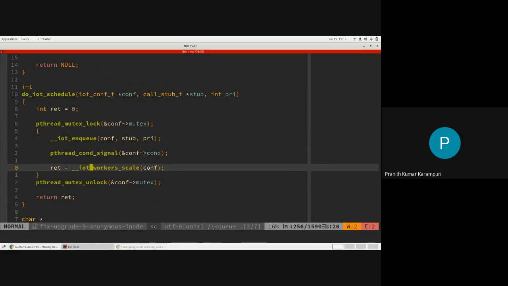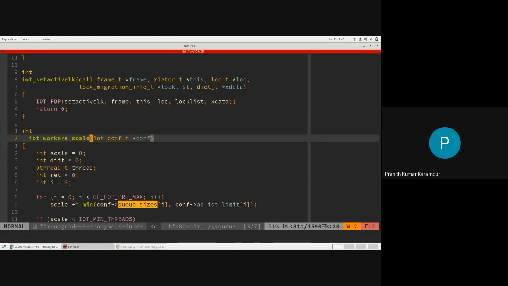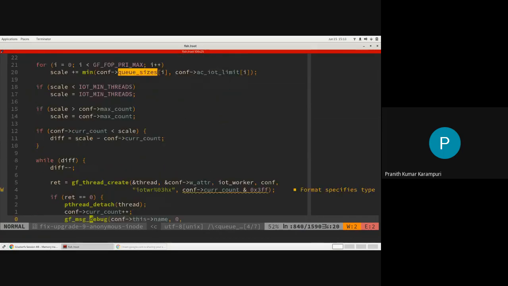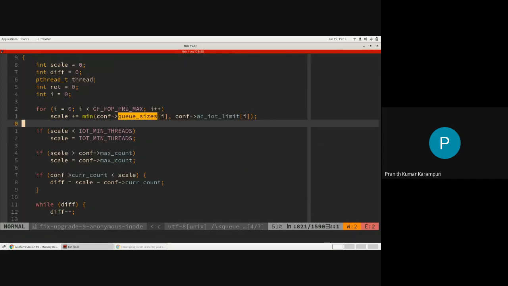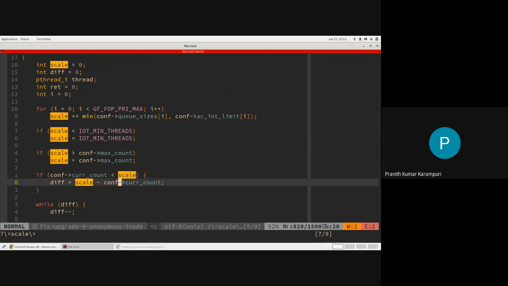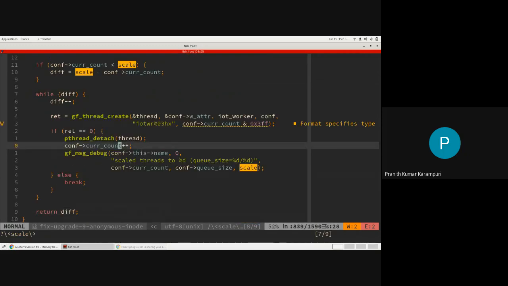Okay, now IOT scale is where it will see if the number of threads that are present can handle the number of requests that are present. So if you need to scale the number of threads, like if at the moment the current count is less than the scale that you need, you will start new threads.